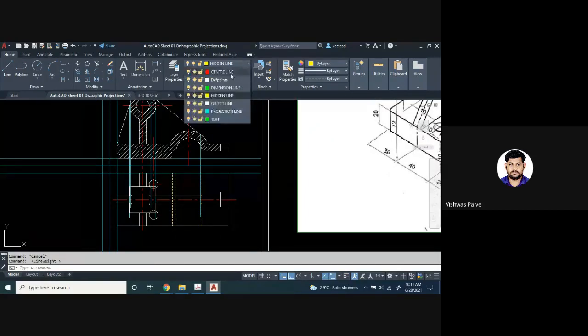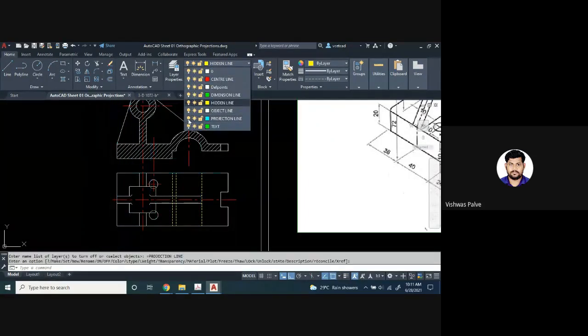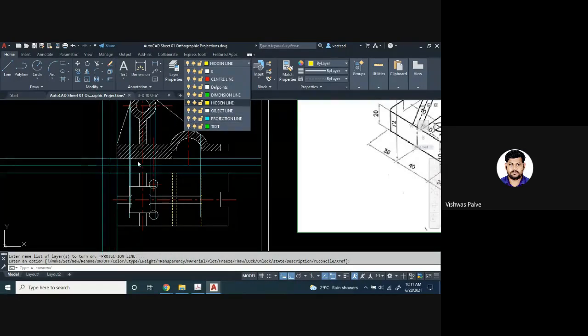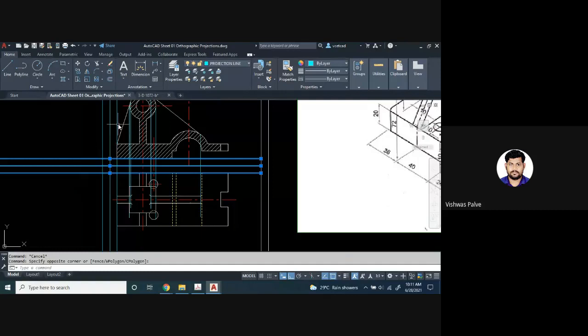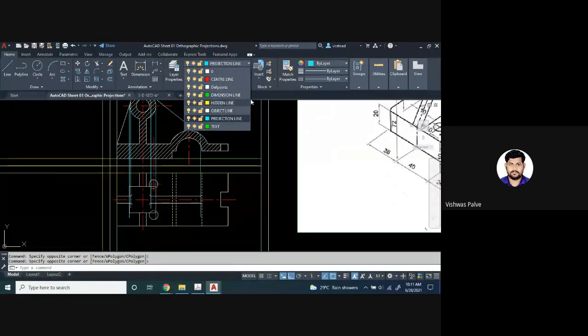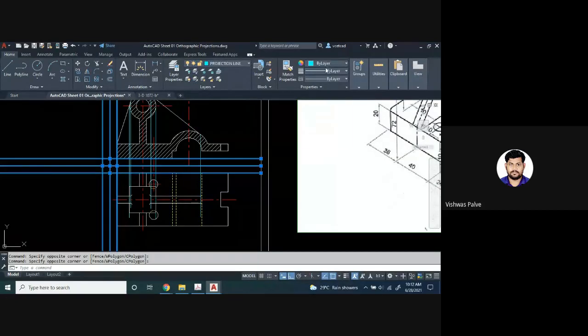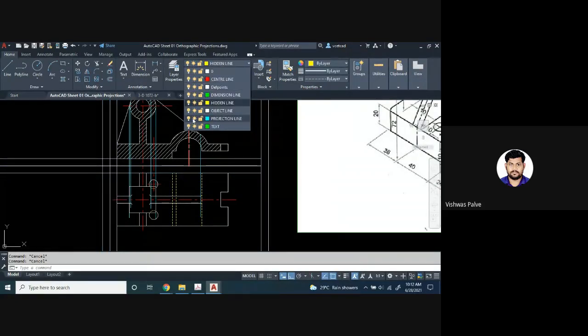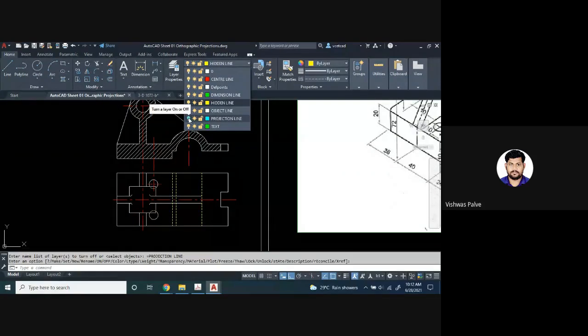Now, if I want a neat drawing, we can switch off the projection lines. Okay, wait. This line, I'll change it to object, I'll say it will be as a block. Okay, and now I'll switch off the hidden lines.